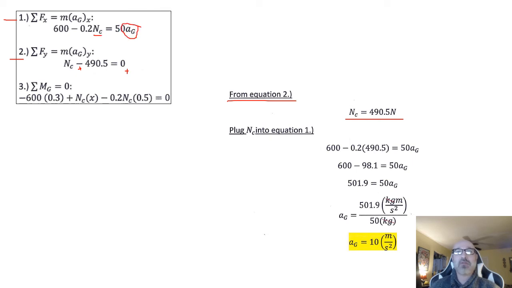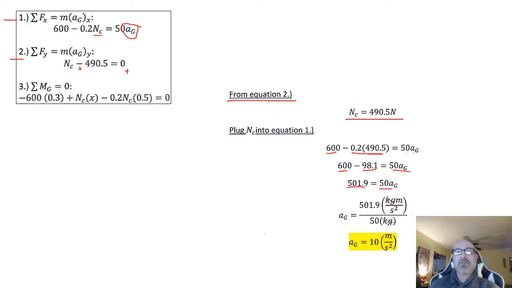So if we plug in our value for N sub C into equation 1, we end up with 600 minus 0.2, plug in our N sub C of 490.5, is equal to 50 times A sub G. Do out the math here, we end up with 600 minus 98.1 is equal to 50 A sub G. Do our subtraction, 501.9 is equal to 50 A sub G. Rearrange and solve for A sub G. A sub G is equal to